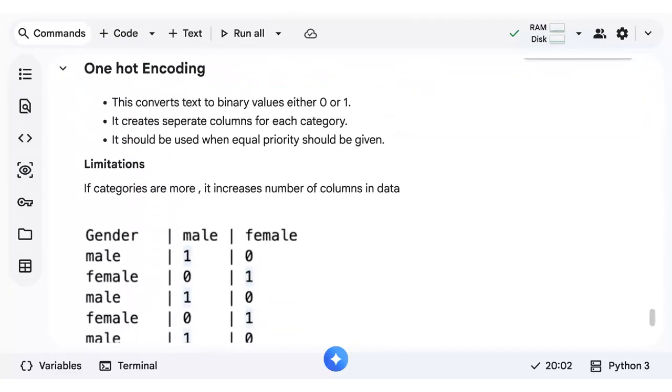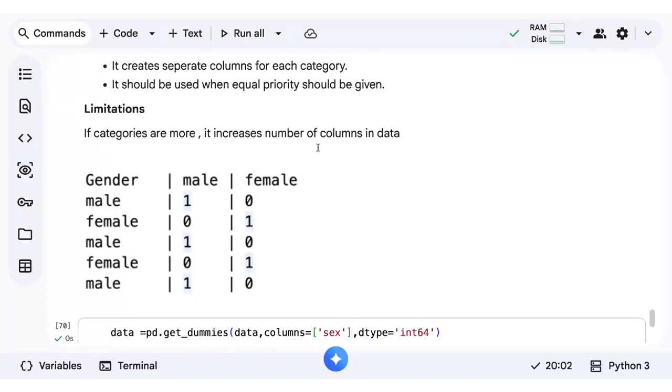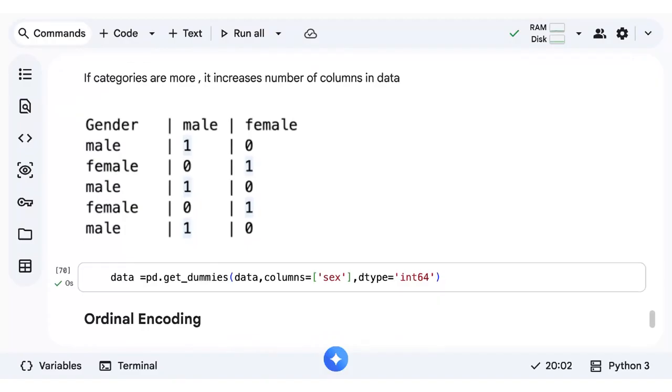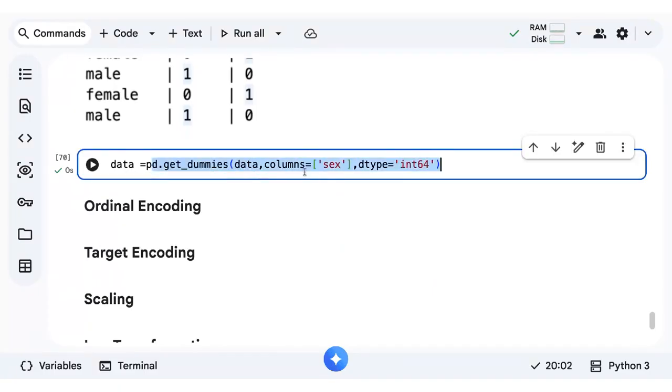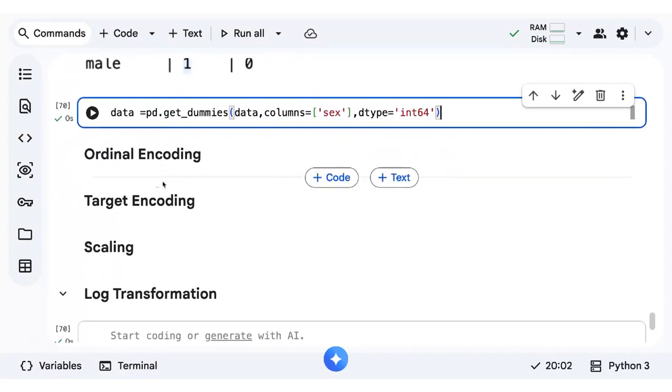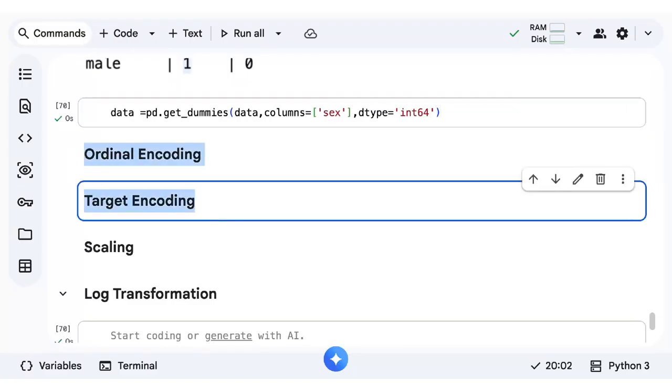And then we did one hot encoding, which basically gives equal importance to each category. It creates as many columns as there are categories. However many categories you have, that many columns will be created. Using pd.get_dummies you can do it; you can do it with sklearn as well, but this is easier, so I'm going with this method. And then we have two different approaches. One is ordinal encoding, another one is target encoding. So tell me, what is ordinal encoding? What is target encoding? What comes to your mind?